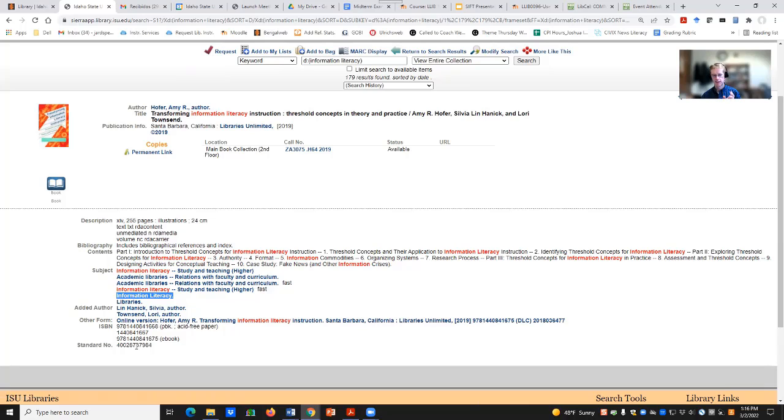So it's assigned because if I were to look at this book and catalog it, and I determined this book is about information literacy, then I would give it information literacy as a subject heading. So I would assign it that subject heading, right? In that way, it's an assigned subject heading, and it's also pulled from that controlled vocabulary list